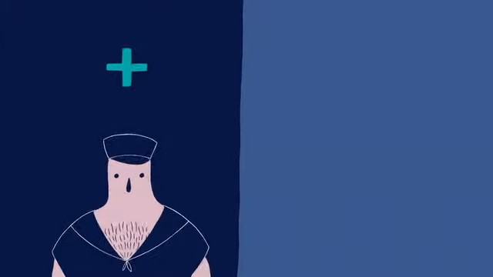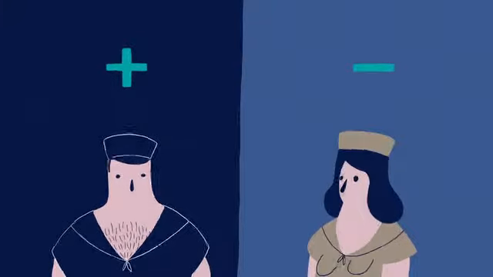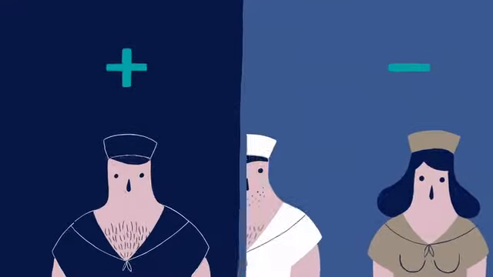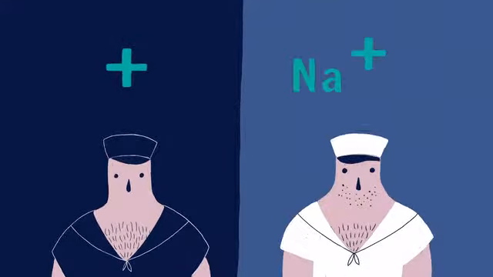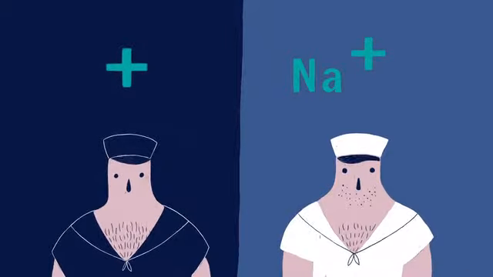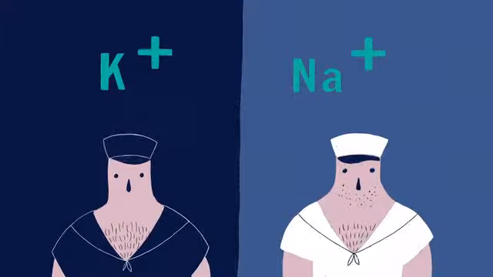Going back to our drunken sailor analogy from a minute ago, we'll think about cations, positively charged ions, as male sailors, and anions, negatively charged ions, as female sailors. By default, the gender balance is pretty close to equal. Let's pay attention to 2 groups in particular. This group of male sailors from the US Navy will be our sodium ions, and these guys from the British Navy will be our potassium ions.